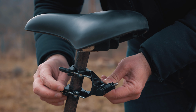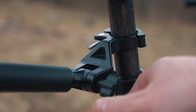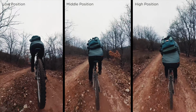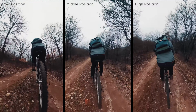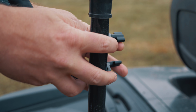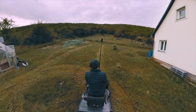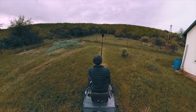Basically we can mount it on the frame under the bike saddle and set it to different positions, so we can create different effects by adjusting the bracket a little bit higher or lower. Or we could mount it on the pole of this lawn mower and set up the best angle for our shot. And of course we could mount it even to the handlebar too for other creative angles,